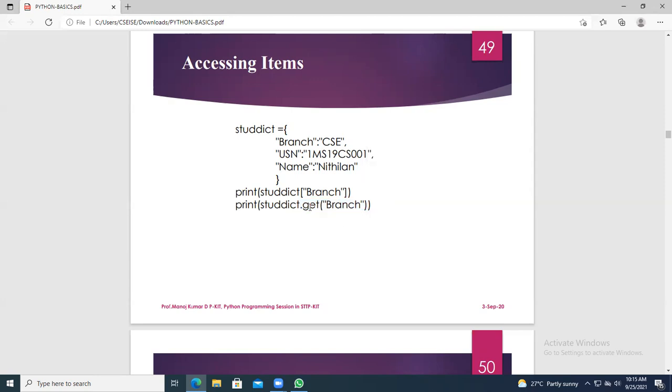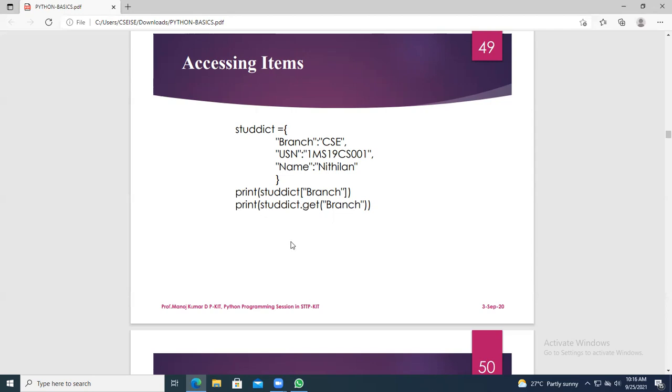So the get method will get you the value stored at the particular key. What is the key we have given? Branch. So the value you will get is CSC. So either you can give std of branch, or you can go with the dot get method. So that is accessing the elements.